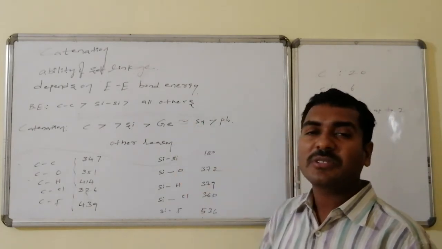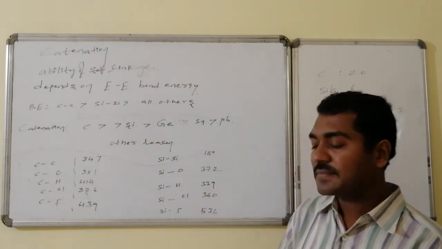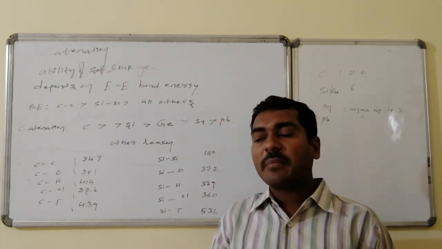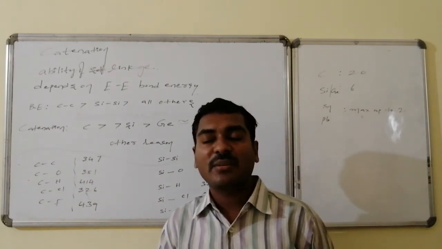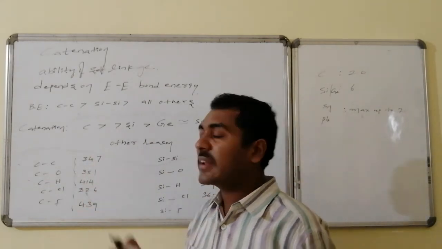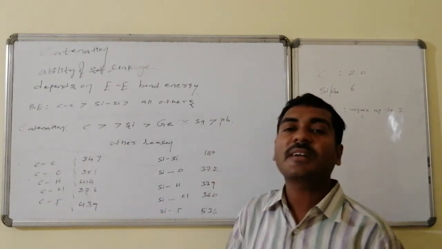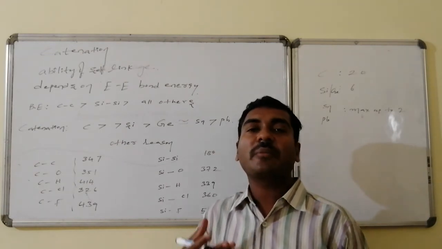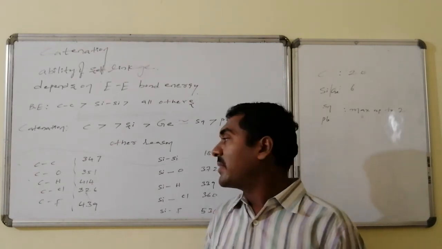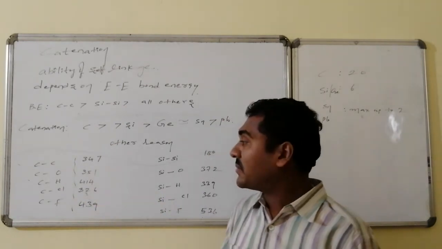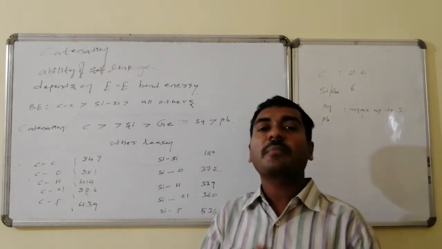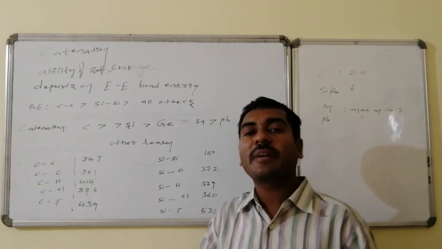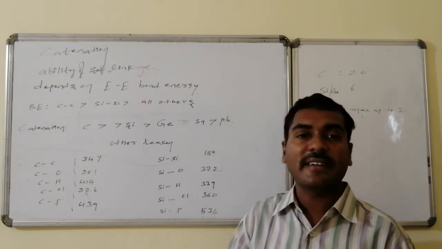Germanium and tin have almost equal catenation ability, and lead has very little. The other reason carbon has higher catenation ability is that the carbon-carbon bond energy and the bond energy of carbon with other elements are approximately the same. Therefore, to whatever extent carbon wants to combine with other carbon, it is equally reactive with others. So carbon prefers carbon. Carbon combining with carbon is also an eligible criterion. Thus, self-linkage of carbon atoms is maximum. Hence, carbon has higher catenation ability.